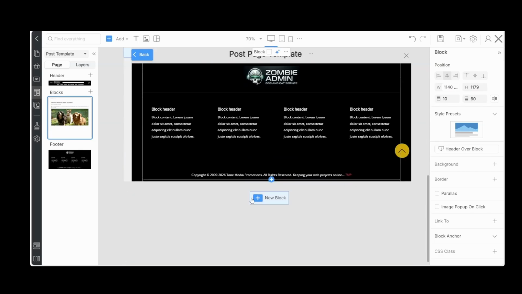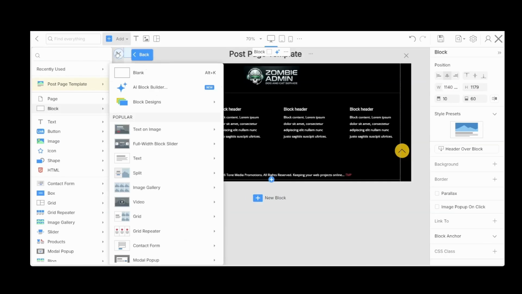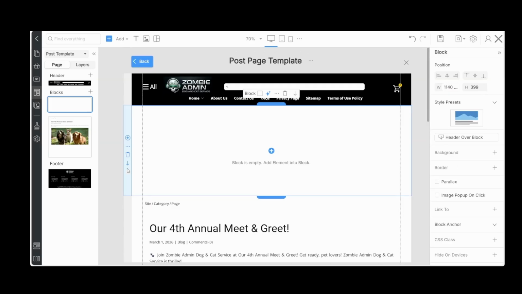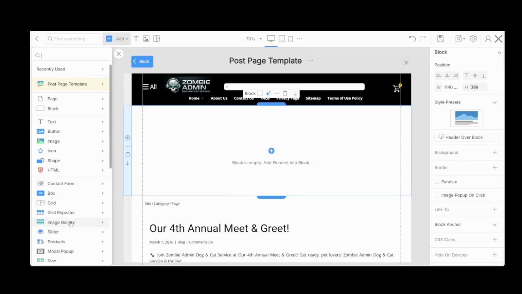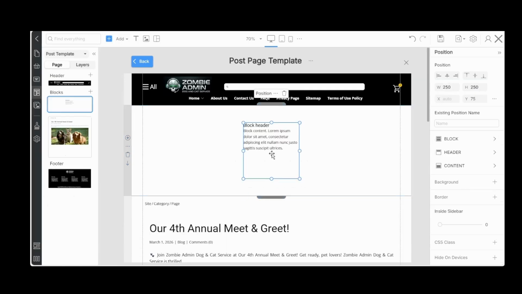Now let's add a block. And in this block, we're going to add position sidebar widget area. We're going to name this post top 2.